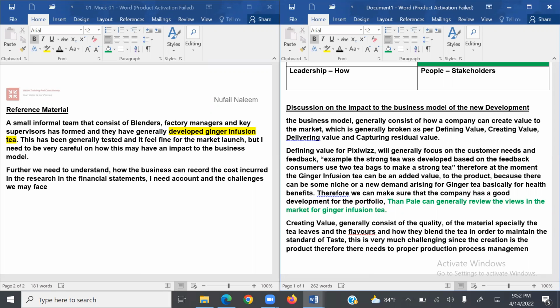Example, I can specifically write down here, a very basic example. It's not difficult. Production process, therefore there needs to be a proper production process management. Example, total quality management can be implemented